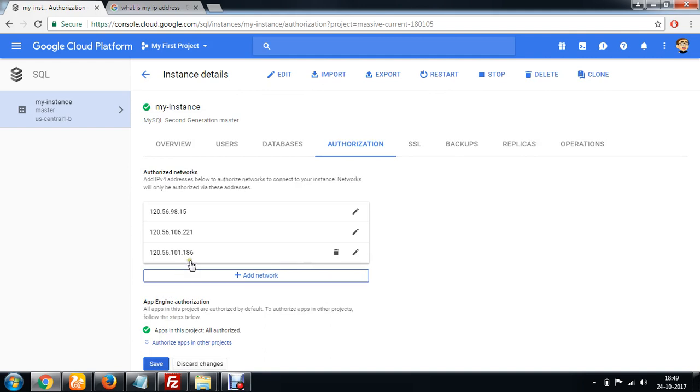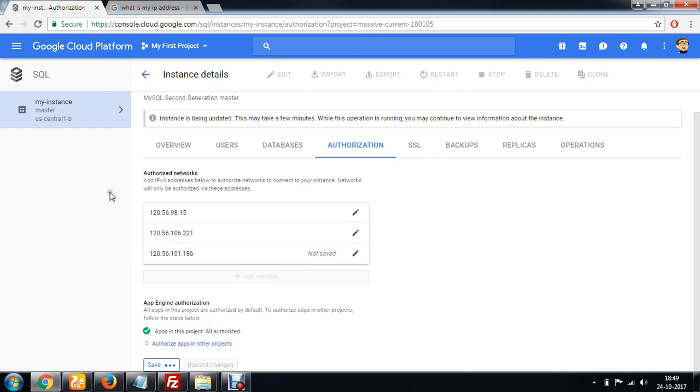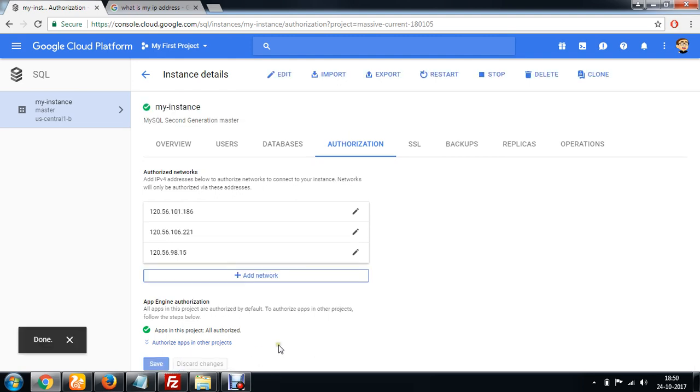After clicking on done, you have to click on the save button. So now I have authorized my machine to access this MySQL instance. It is saving my public IPv4 address, so it will take a little time.